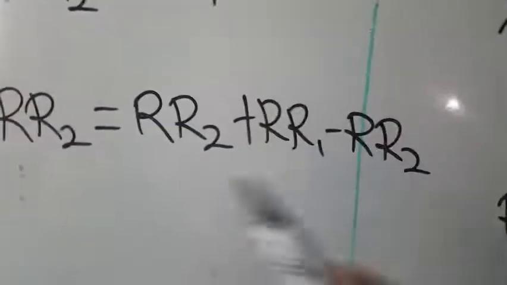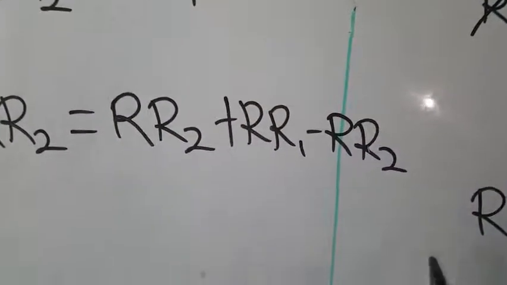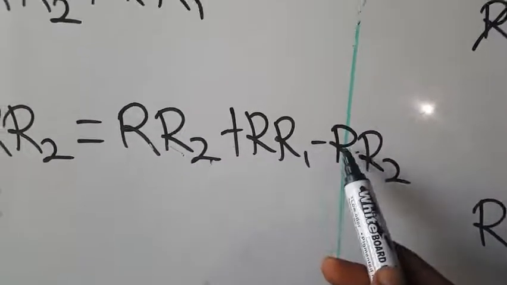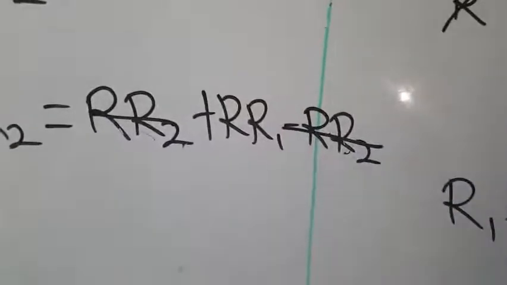Since this is positive and this is negative, it's like 2 minus 2, that will give you 0. So r2 minus r2 will go away, leaving us this